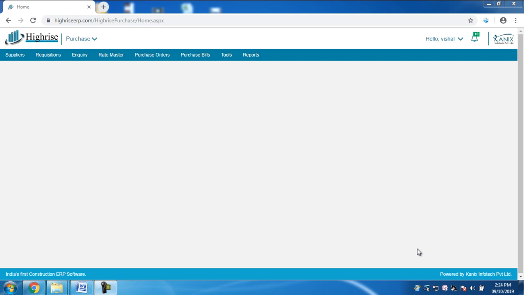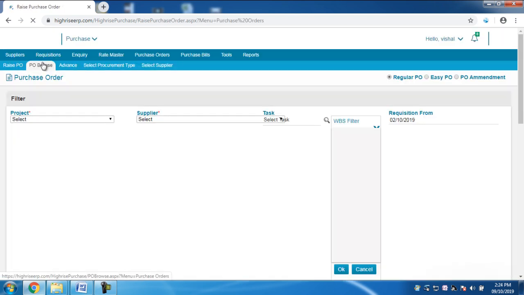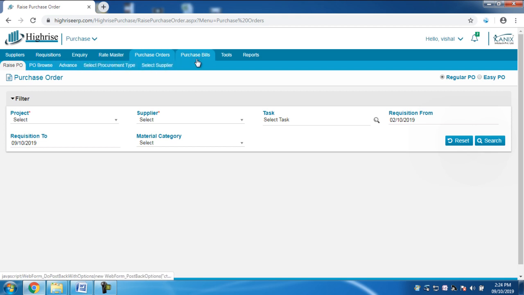Okay. For creating a PO, first select Purchase, then select Purchase Order. After selecting purchase order, you will see different menus over here like Raise PO, PO Browse, Advance, Select Procurement Type, Select Supplier. In Raise PO, you can see